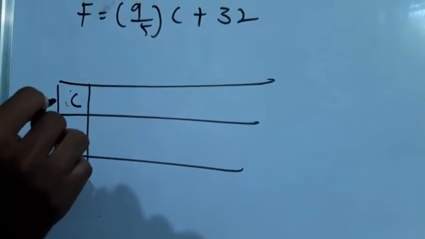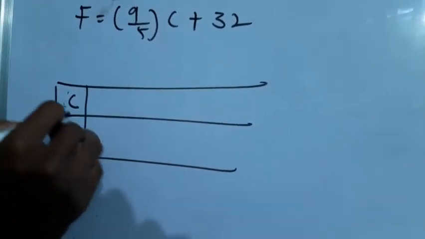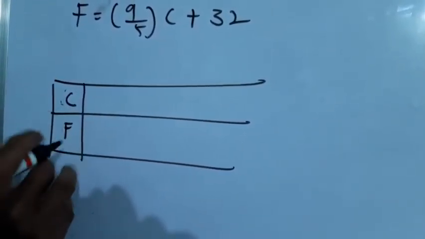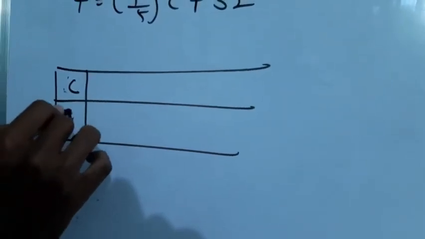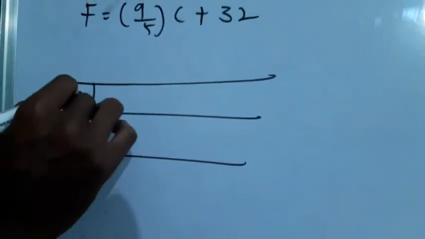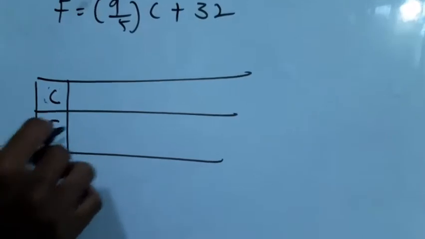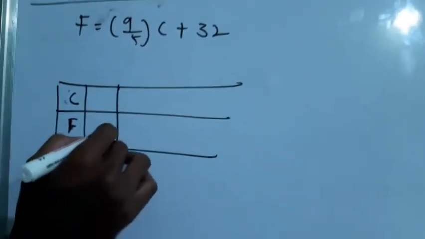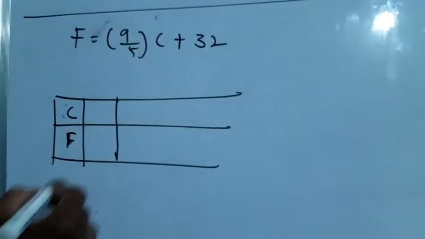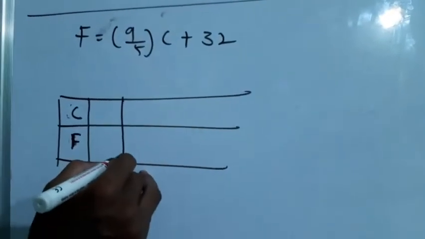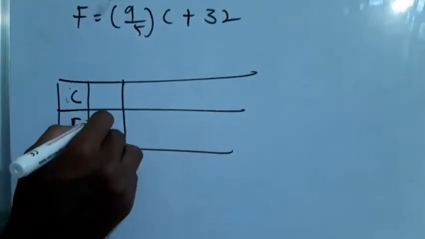They said Celsius along x-axis, Fahrenheit along y-axis. Now I'll define F, then we'll go for C. When F is equal to 5,